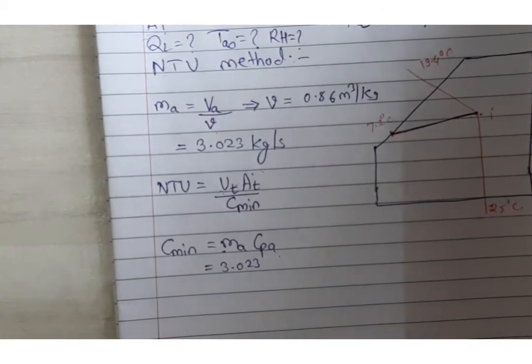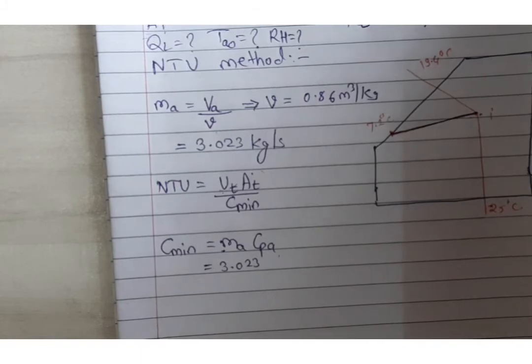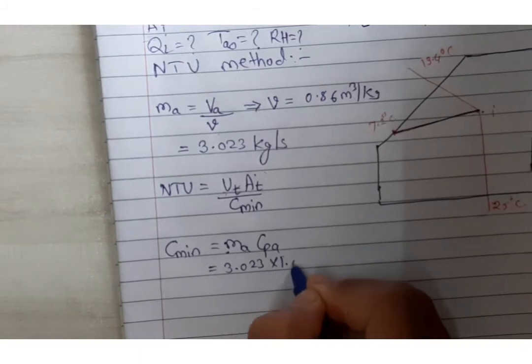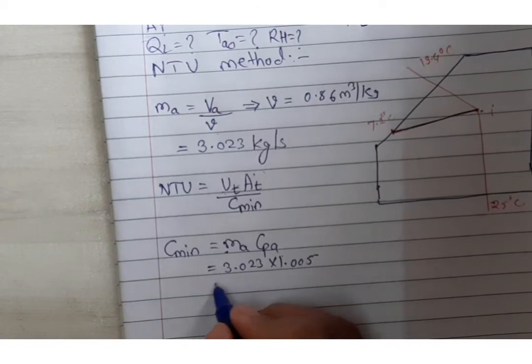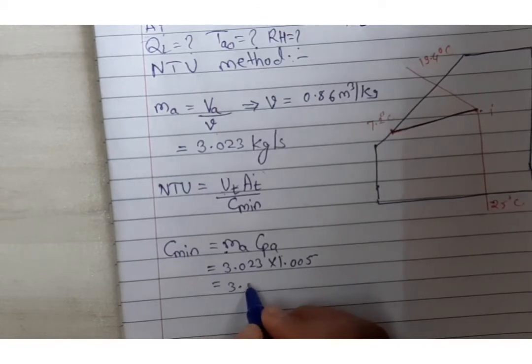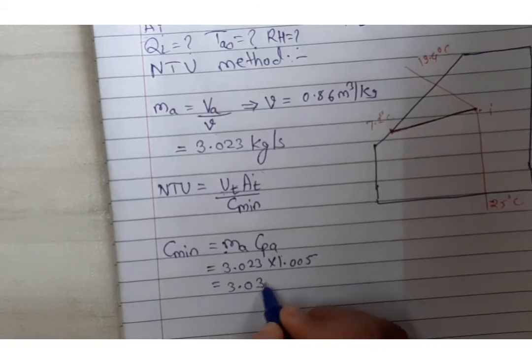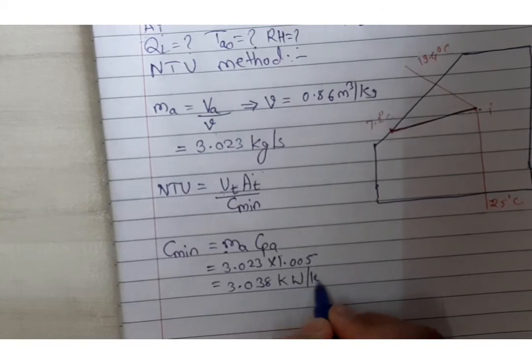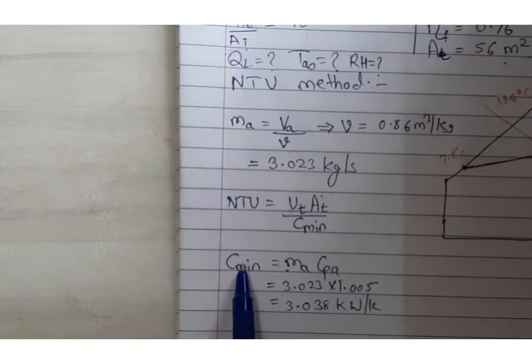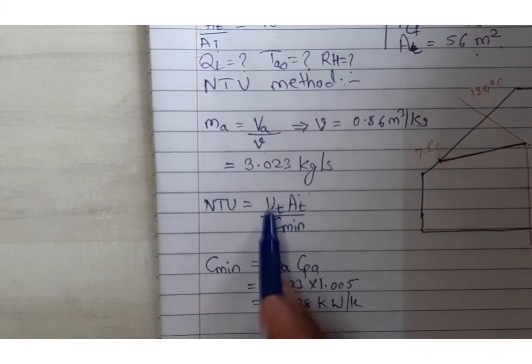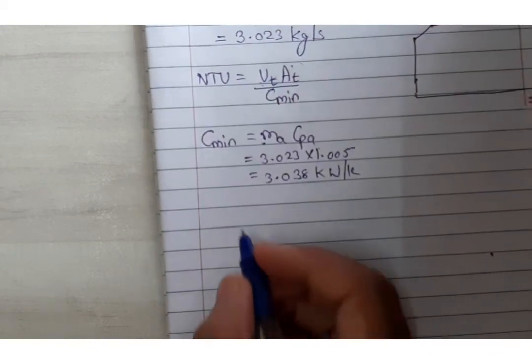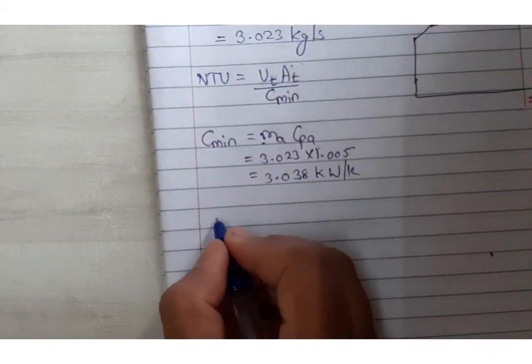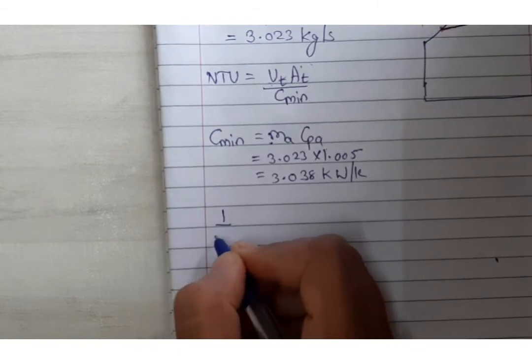and CP is equal to 1.005. So we will get the value as 3.038 kilowatt per Kelvin. Now C minimum is known to us. Now the next one is the total overall heat transfer coefficient. So you can find that by using the formula as